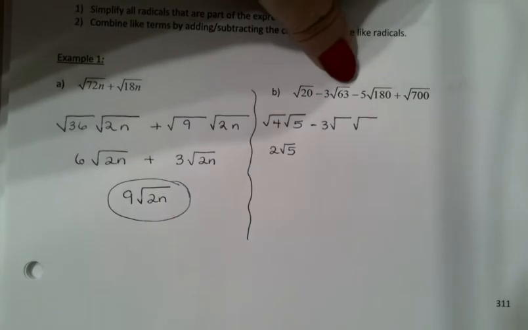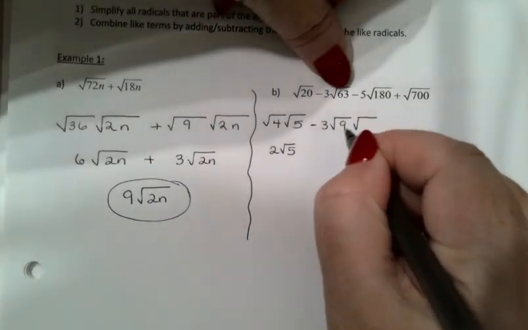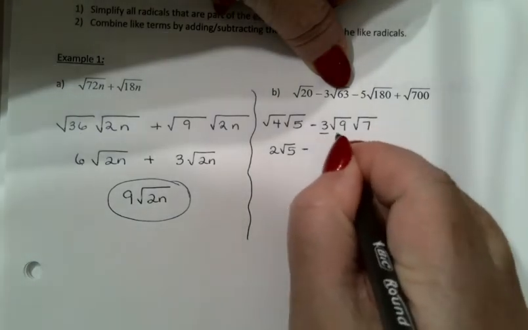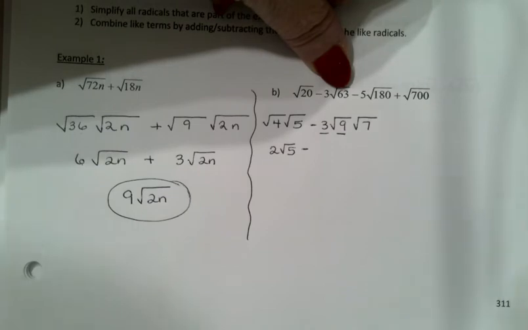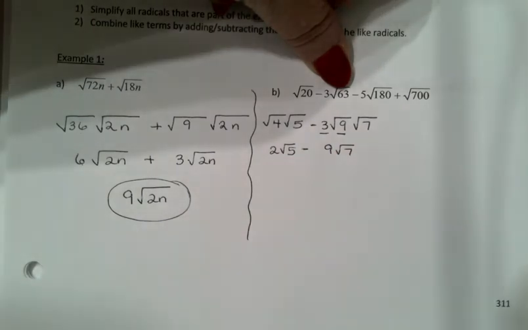Looking at that 63, 9 goes into that, so let's go with 9 times 7. I got 3 times the square root of 9. That's really 3 times 3, which would be 9 times the square root of 7,